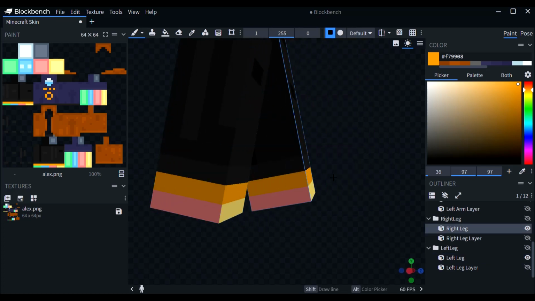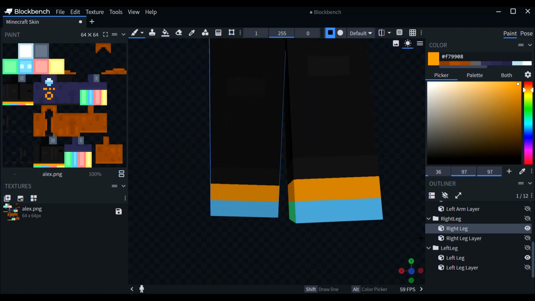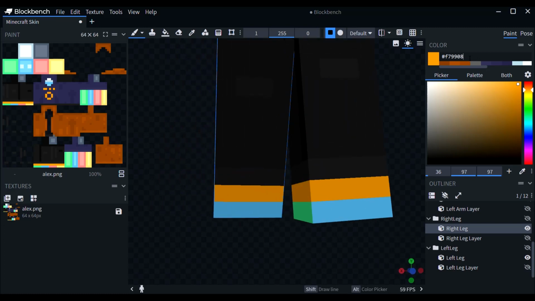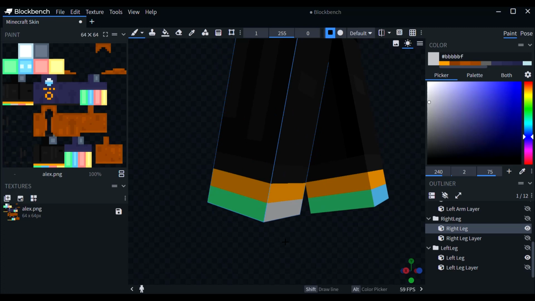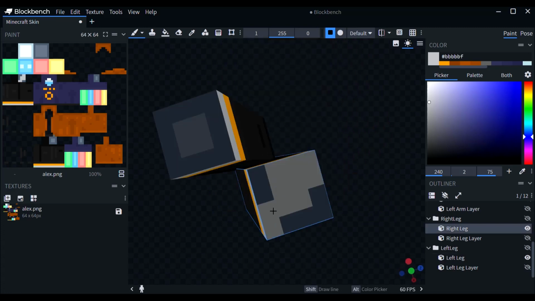It can be any color. I'm just using light yellow. And you want to come up here and type in the hashtag BBBBB, so that's 5 B's and then an F. And so then you want to take that color and fill the second rim around it, and then also the